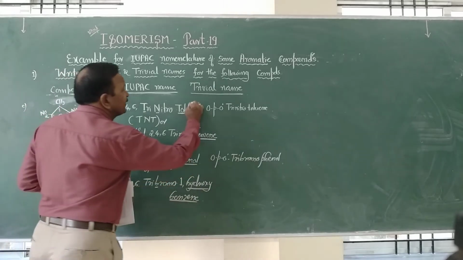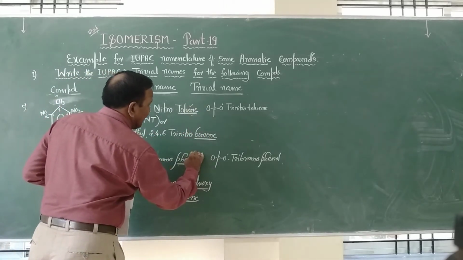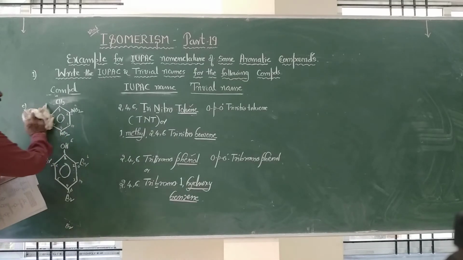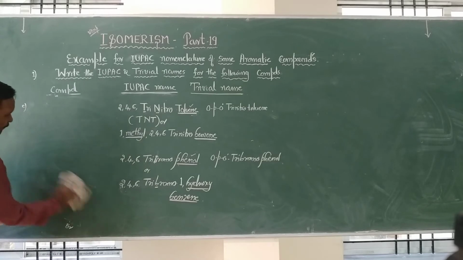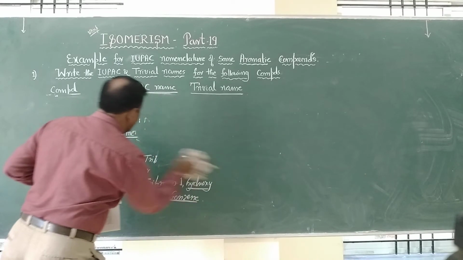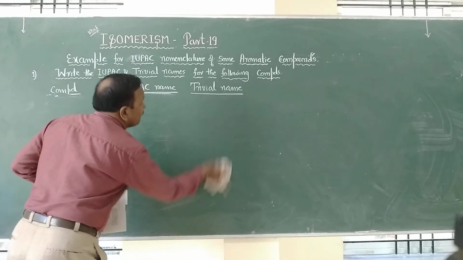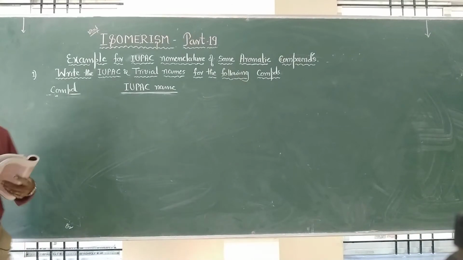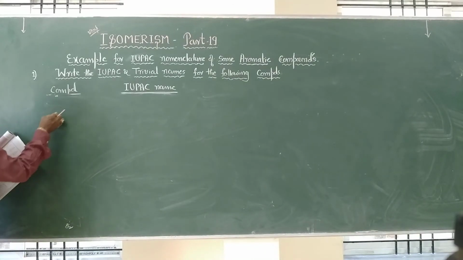So these names are accepted by IUPAC. Aniline, phenol, toluene, these are accepted. And one more important point you have to remember, that is, if you want to take this example, only IUPAC, let us concentrate. If you take this example,